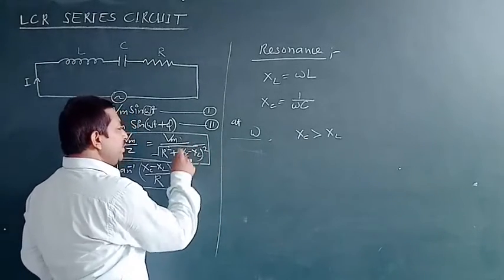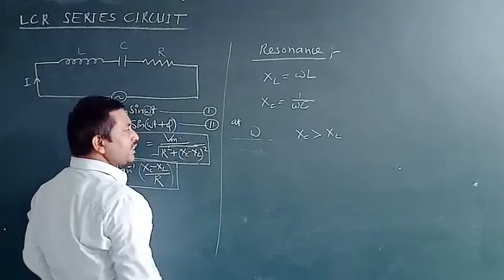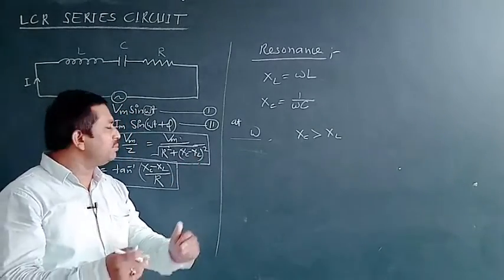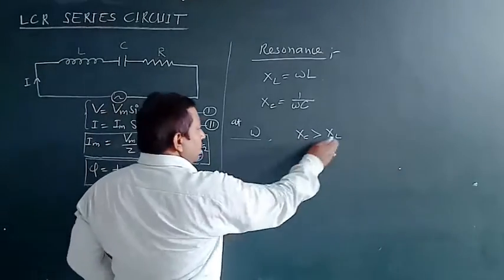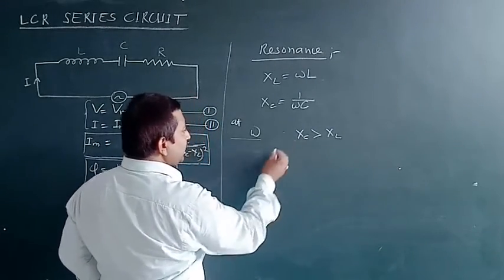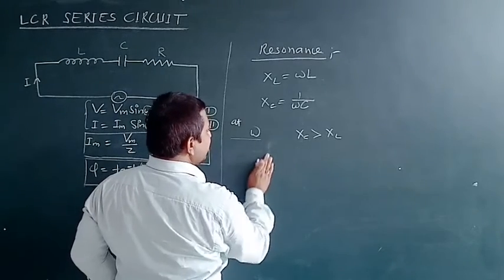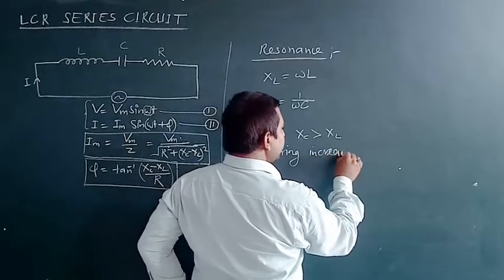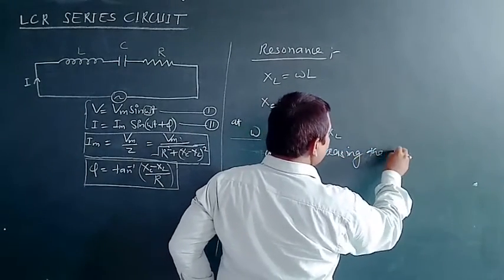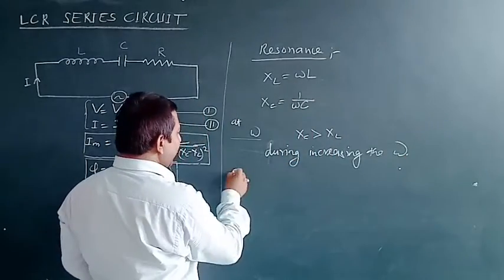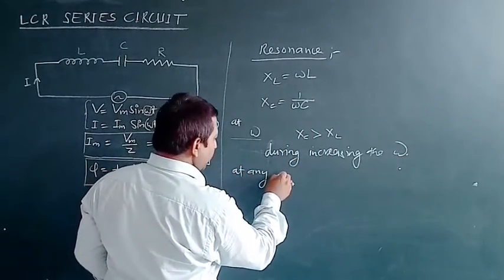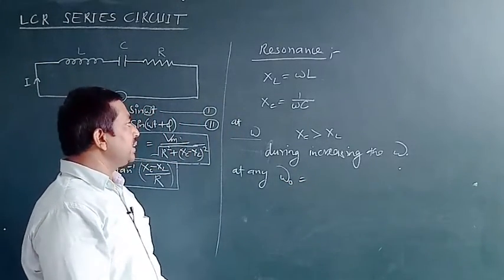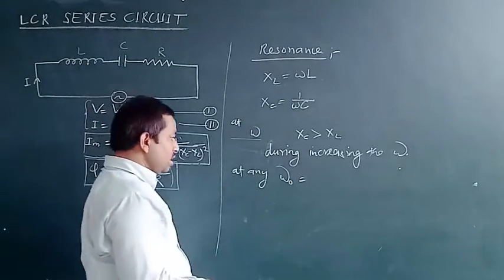It means if we equate XC just equal to XL, then the term XC minus XL from the Z disappears. So for this we have to increase the value of omega. During increasing the omega, we get, at any omega naught, suppose that if we increase the value of omega, then we get a particular frequency omega naught